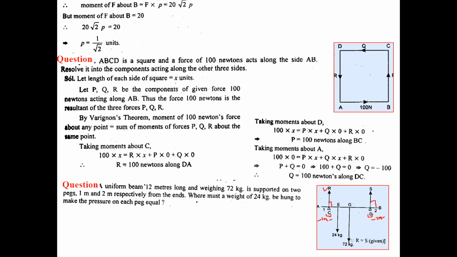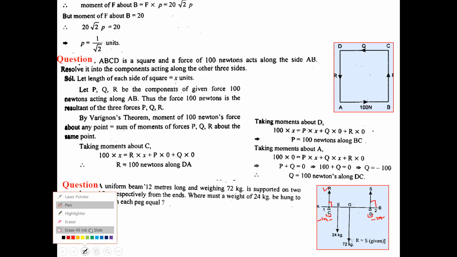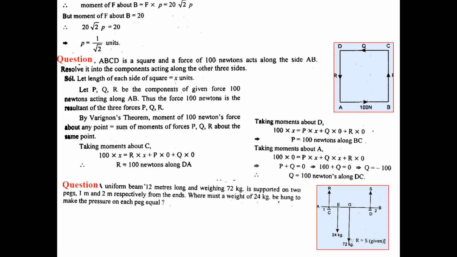And now the question is, where must a weight of 24 kg be hung? Another weight of 24 kg. I don't know where I have to place it. So arbitrarily I have placed it at the point E. Suppose at E. You can also take it here, because to refer to the figure I have to place it somewhere. So I have chosen this point. You can also place it anywhere you find comfortable. So I have placed it here.